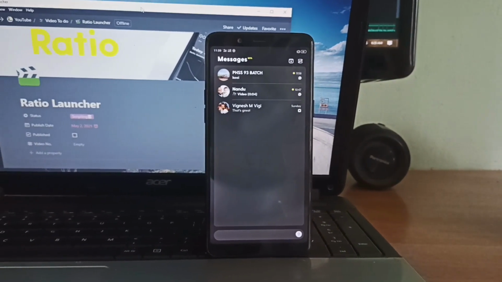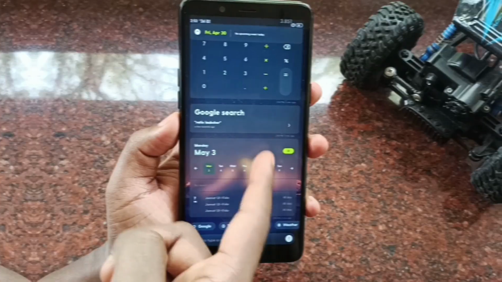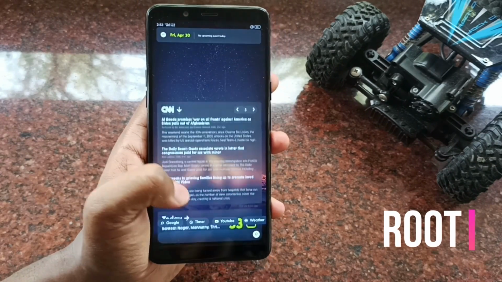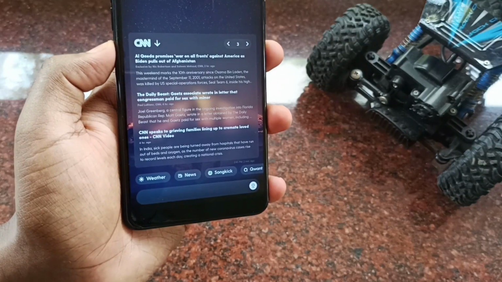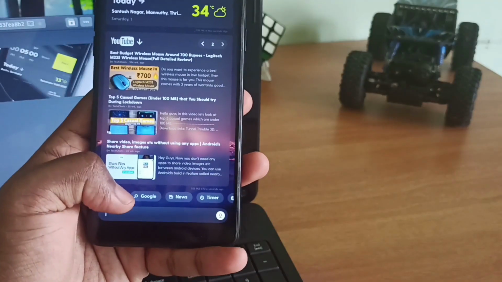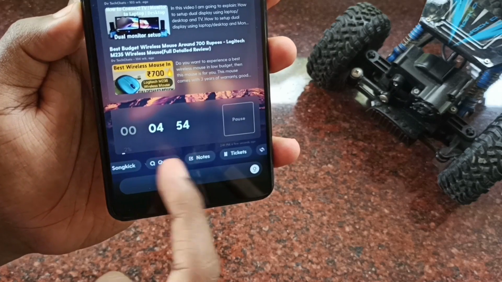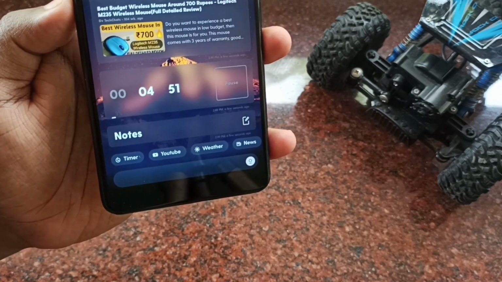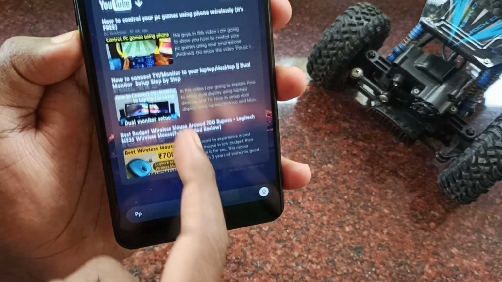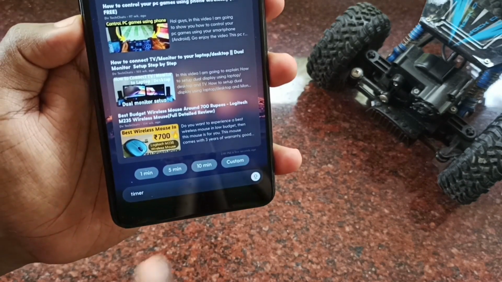Anyway, let's move to the next view, which is called root view. Now this page basically consists of different kinds of widgets that are mostly used in day-to-day usage. From this root view you can view almost all the essential things like calendar. You can check the news right from the search box. You can Google search right from the search box. Take notes directly from here. You can search for YouTube videos without opening the YouTube app. Set a timer, and there are a lot more.